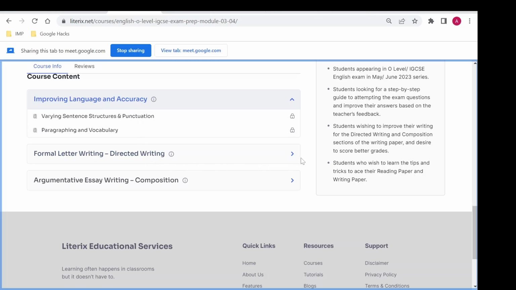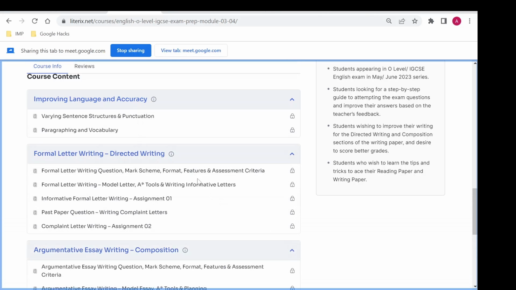I've seen that students are generally taught by other teachers who claim so many things here and there. But the very basics that make or break a grade are your foundations, which are sentence structures, punctuation, how to vary sentence structures, how to use a particular language, formal, informal, humorous, what kind of tone you need to adapt according to the question's requirements, how to paragraph, and how to use vocabulary in your different types of writing, be it narrative, persuasive.